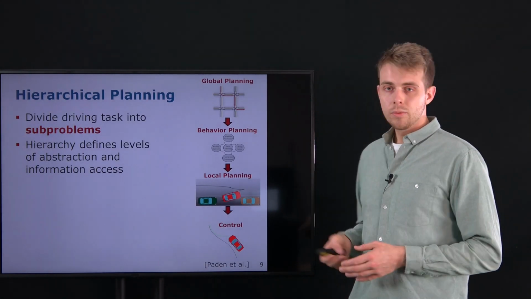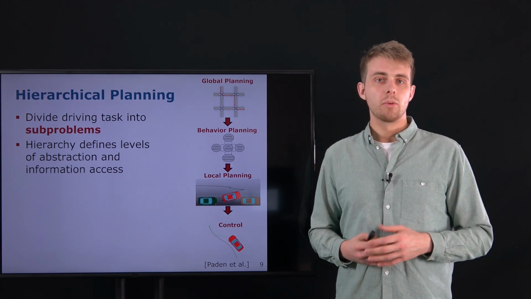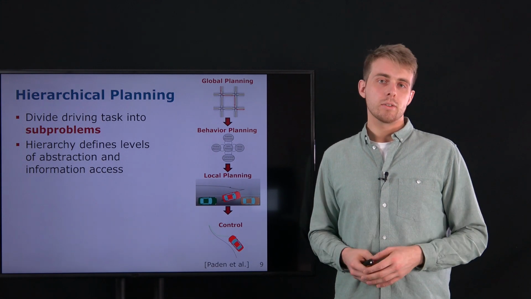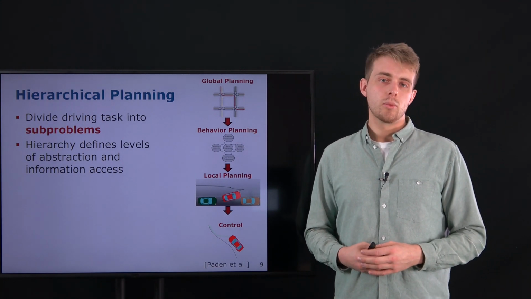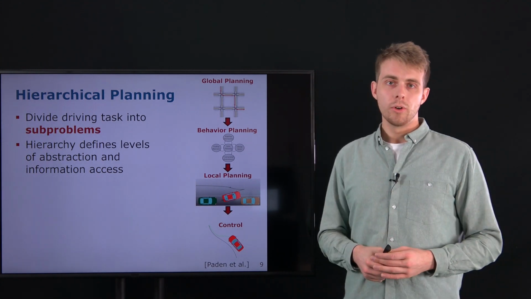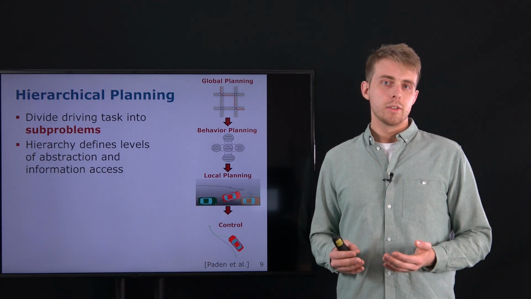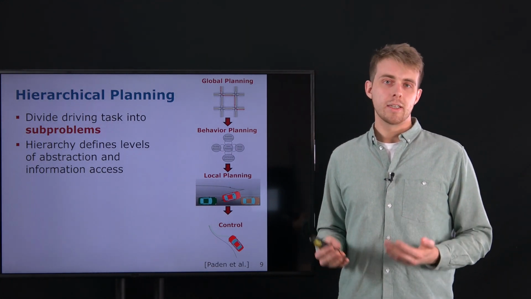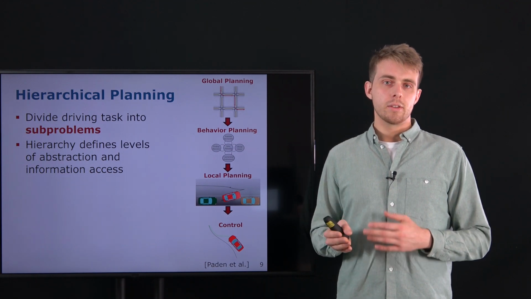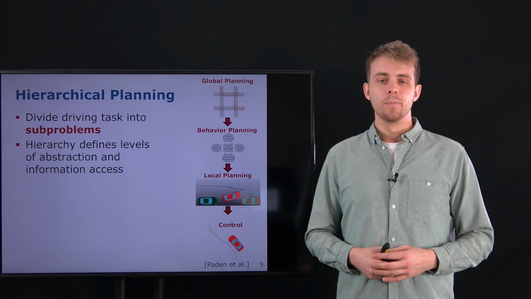So this is an overview of the different modules we have for the planning. The general idea is to divide the overall or the big task of path planning into different sub-problems or sub-tasks. So the hierarchy is shown here from top to bottom. At the top, we have a global planning which just defines the overall route. So it's like a satellite navigation system which tells us to now take the next turn left, follow this route or follow this road,